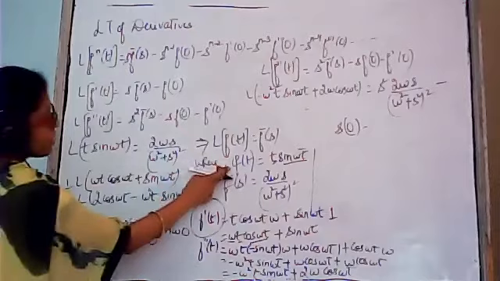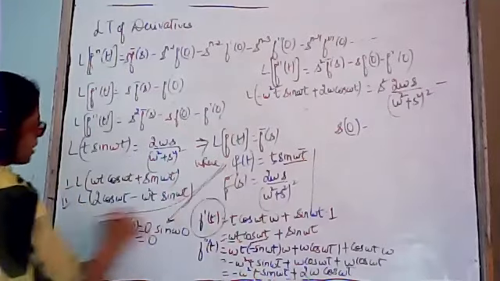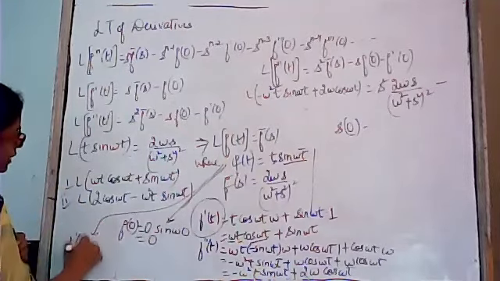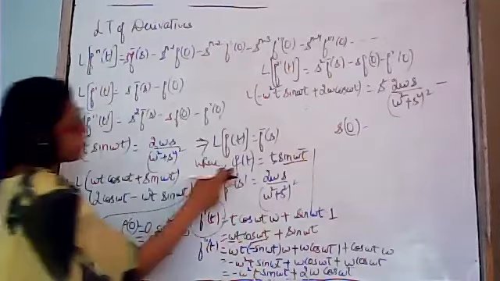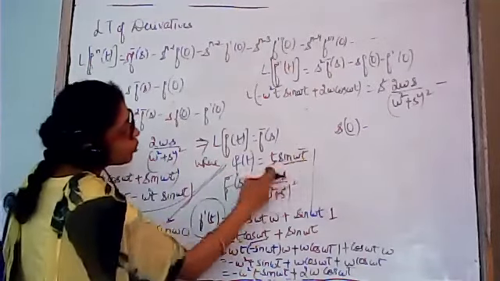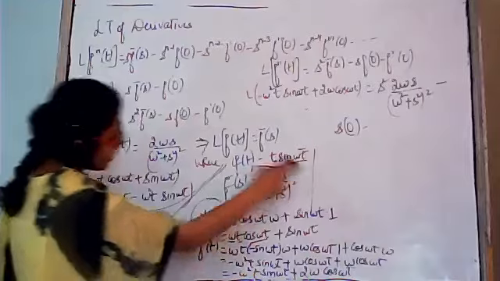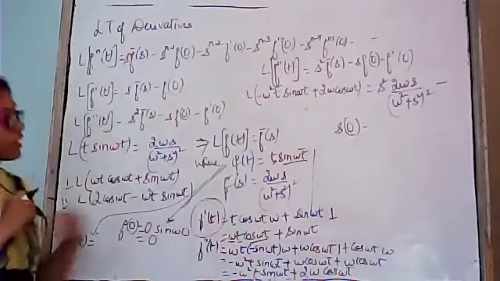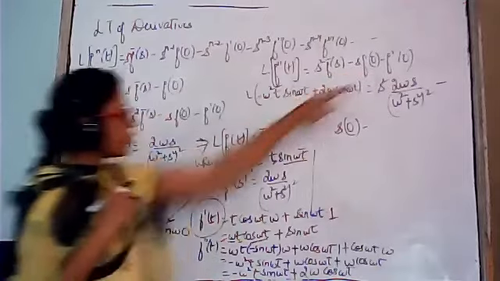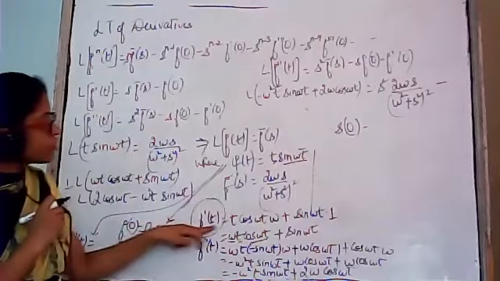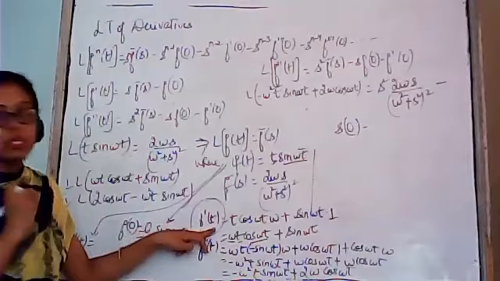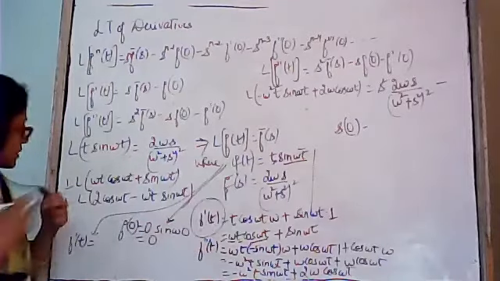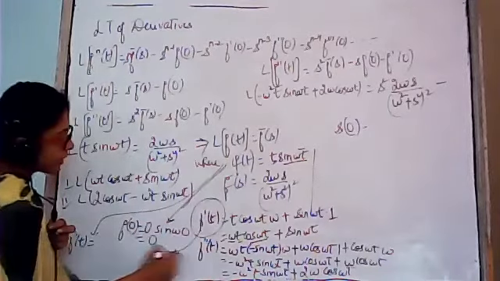We have f of t. Again differentiate it, we will get f dash t. If you differentiate this term, again u into v rule will be applicable over here. And we have already found the value of f dash t. We need f dash 0, right? So where will f dash 0 come from? When we substitute the value of t equals to 0 here. So from this term, you can find it directly.